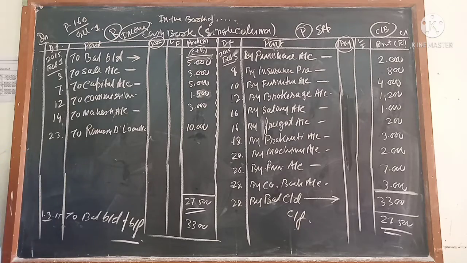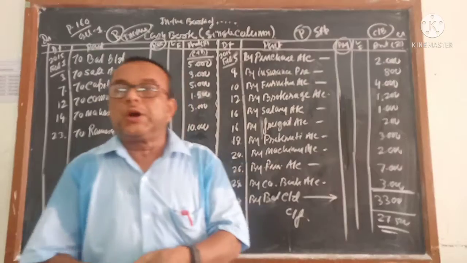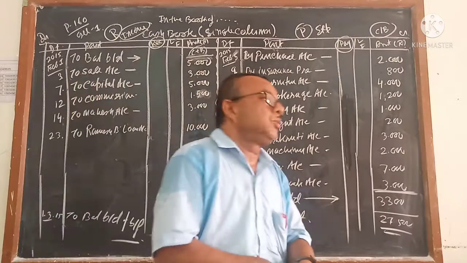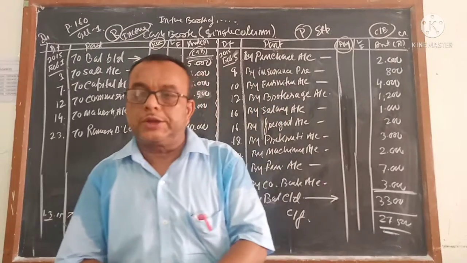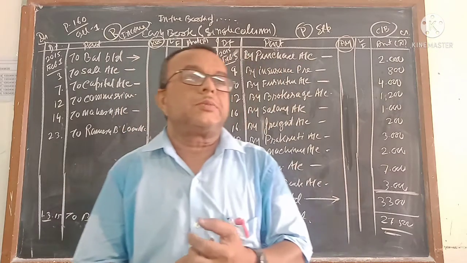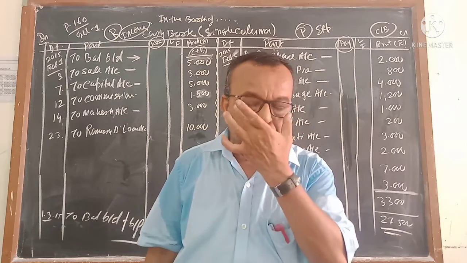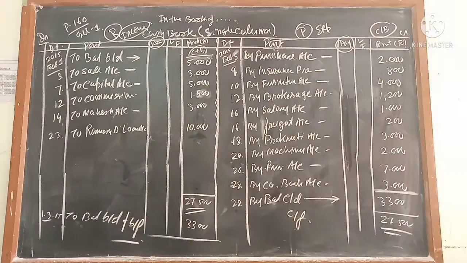This is called a simple column cash book. Nothing else. Very easy. Hope you are understanding. Even if you do not understand in any place, you tell me. Like that, make practice of one more sum from the exercise, and in the next video I will show you one more sum from the exercise. Okay? Bye. All the best.